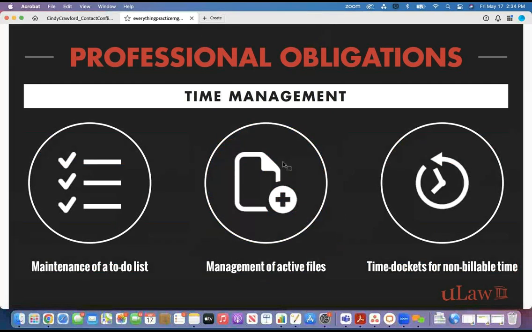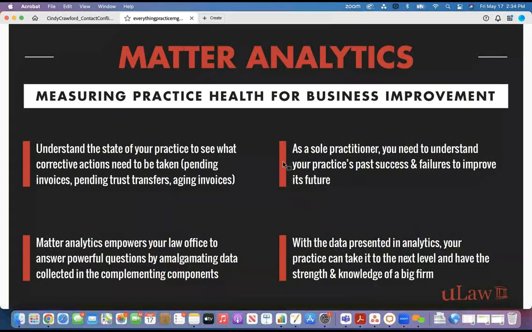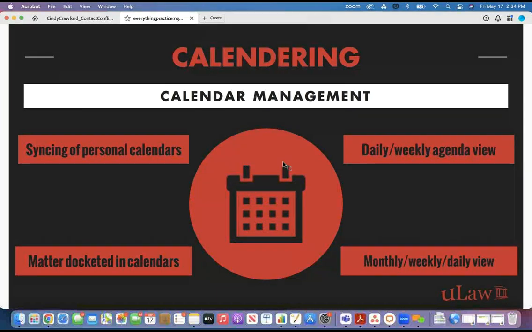Moving on to the next subtopic, which is talking about time management and calendar management. Now, today again, we all have our own calendars as well as the business calendar. When it comes to calendars, nobody has a separate calendar, one for their work, one for their personal stuff. Today, everything is synced, if you're using a software that allows you to synchronize your personal calendar with your official calendar. So that you have a wholesome picture of your entire day schedule or week schedule or month schedule all in one particular calendar. That will give you a daily, weekly, and monthly agenda view,